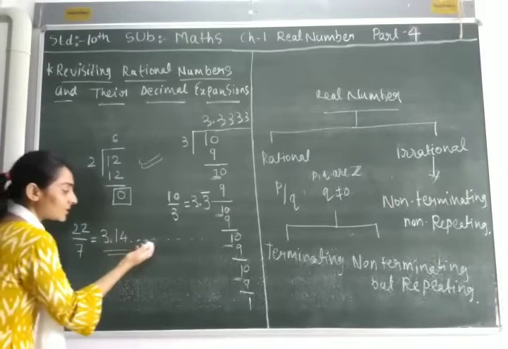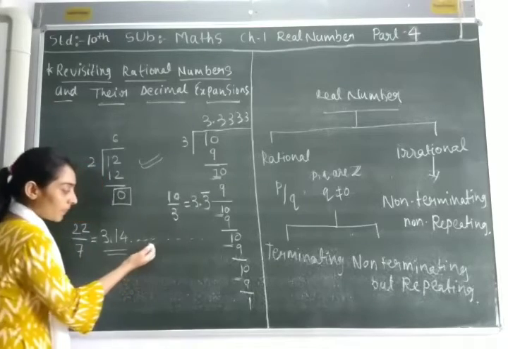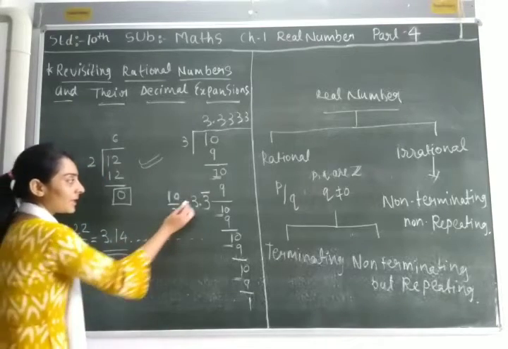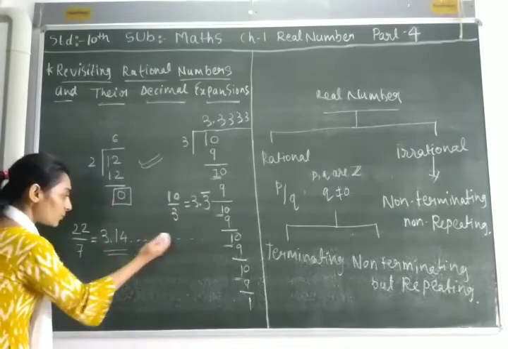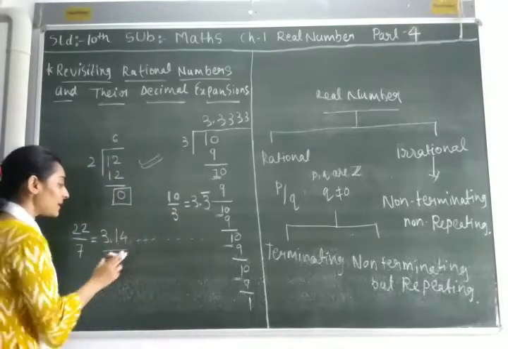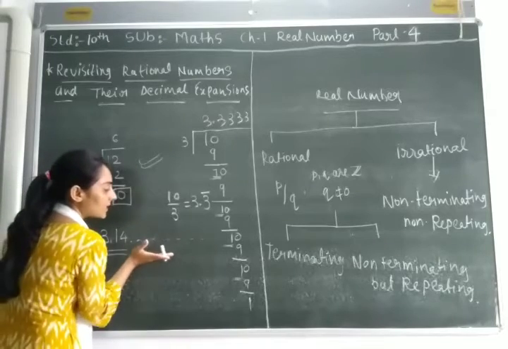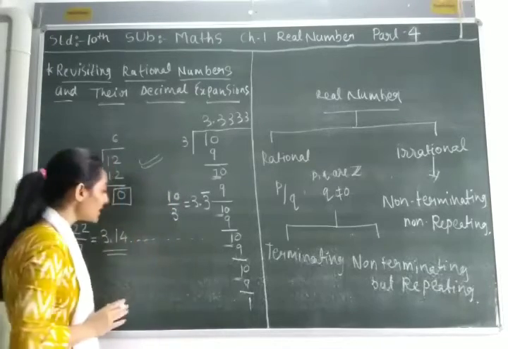If the digits repeat, we can write in a bar. If the digits do not repeat, we cannot express the digits in bar form. So we can say that this